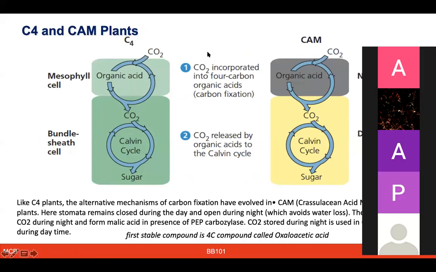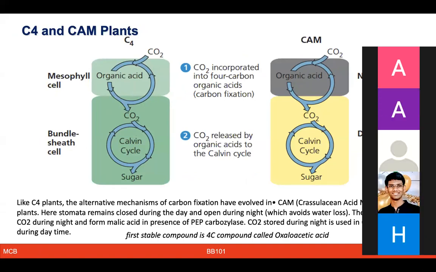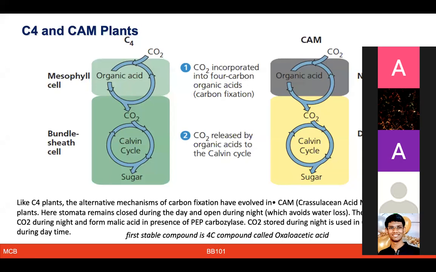Now, in the C4 cycle and the crassulacean acid metabolism, which we talked about, the plants are living in arid conditions, which is not normal. So in those, the C4 plants, why do we call them C4? Because the first stable compound being formed is known as oxaloacetic acid, or OAA. So you have to keep these differences in mind, that from the C3 cycle versus the C4 cycle, what are the major products being formed, what are the major differences over there.